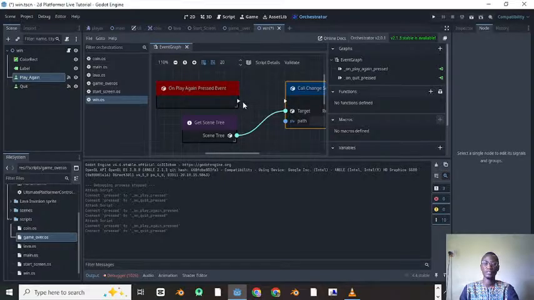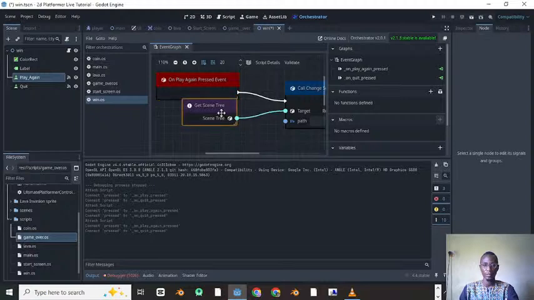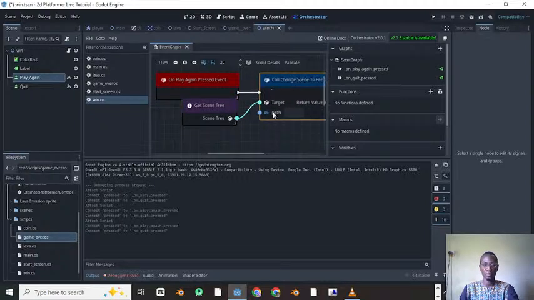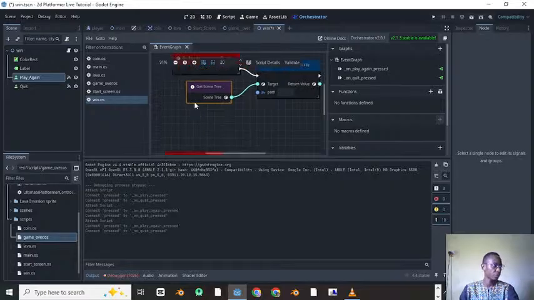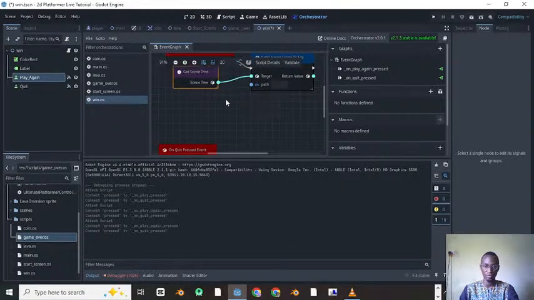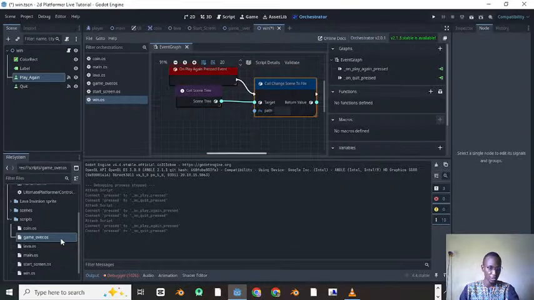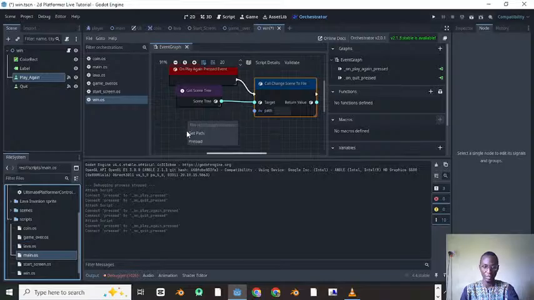So visual scripting is very good for anybody that wants to prototype video games. So it's something that you want to learn if you're an artist and you want to sell a game idea. And instead of going to learn coding to create an entire game, you can just use visual scripting to make everything you want. So whenever I click on play again, it's going to go back to my main scene. So I'm going to drag the main scene, drop it here, and I can get my